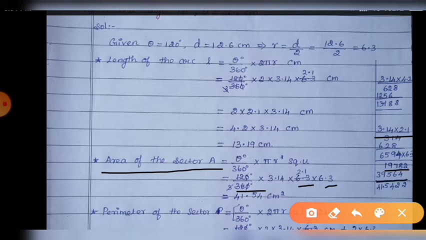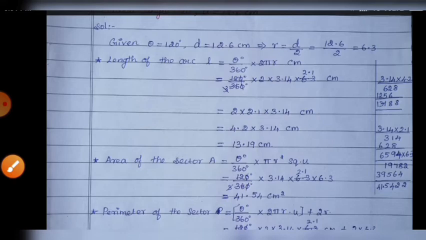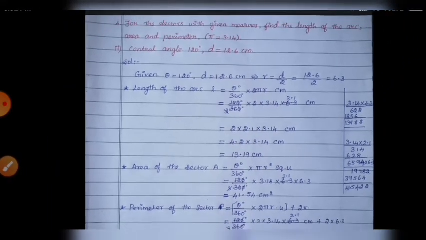Now add it: 2 and then 8 plus 4, 12, 2, remainder 1, 7 plus 7, 14, remainder 1, 9 plus 1, 10, 10 plus 5, 15, remainder 1 carries, 1 plus 1, 2, 2 plus 9, here 1 plus 1 plus 1, 9 plus 1, 10, 10 plus 1, 11, 1 carry 1, remainder 1 carries, 3 plus 1, 4. The answer is 41.54 centimeter square. And then next one, perimeter of the sector.